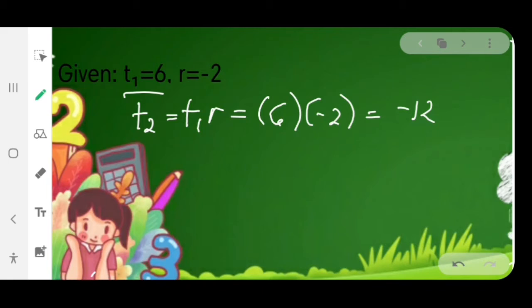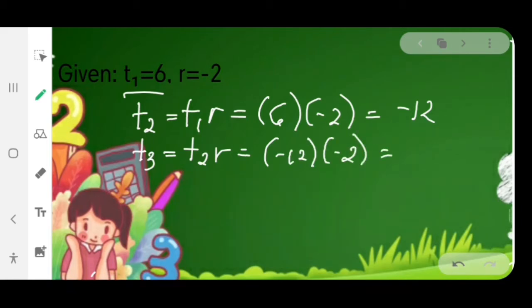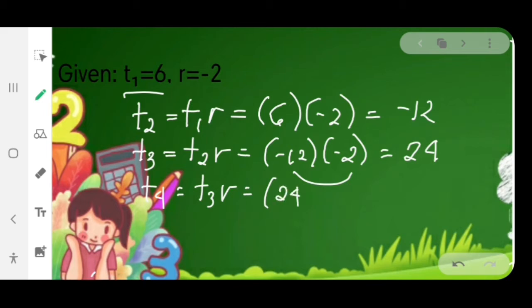-12. To compute for the third term, we have t sub 2 times the common ratio. Substitute the values. We have -12 times -2. And then multiply -12 and -2, we have positive 24. Let us now compute for the fourth term. T sub 4 is equal to T sub 3 times the common ratio. Substitute the values. We have 24 times -2. Then simplify. 24 times -2 is